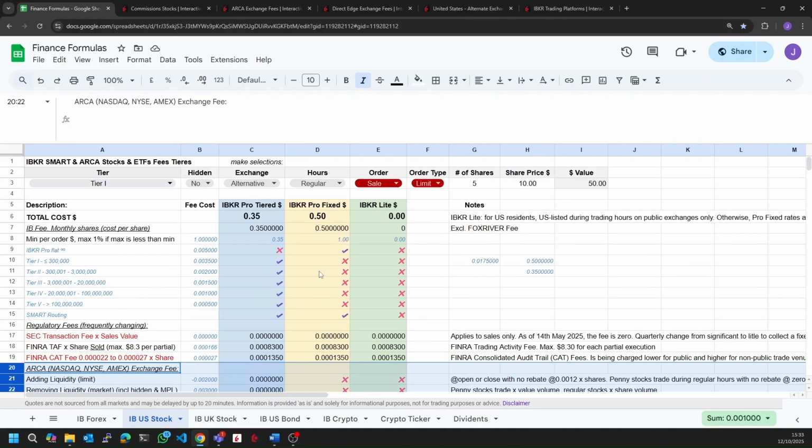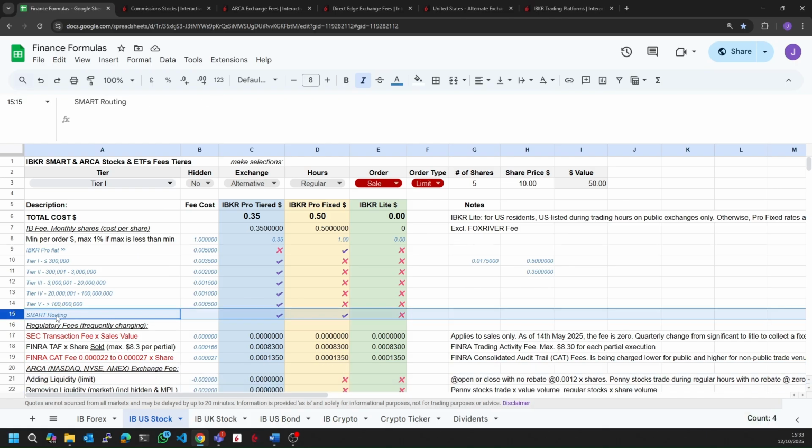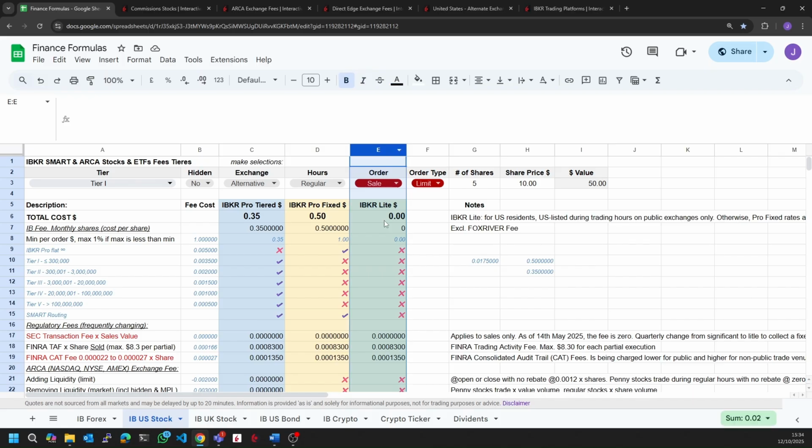And here I think we need to understand what is Interactive Brokers smart routing. Basically, when you place an order with Interactive Brokers Lite, so you always place an order, direct order. But with Interactive Brokers Pro,